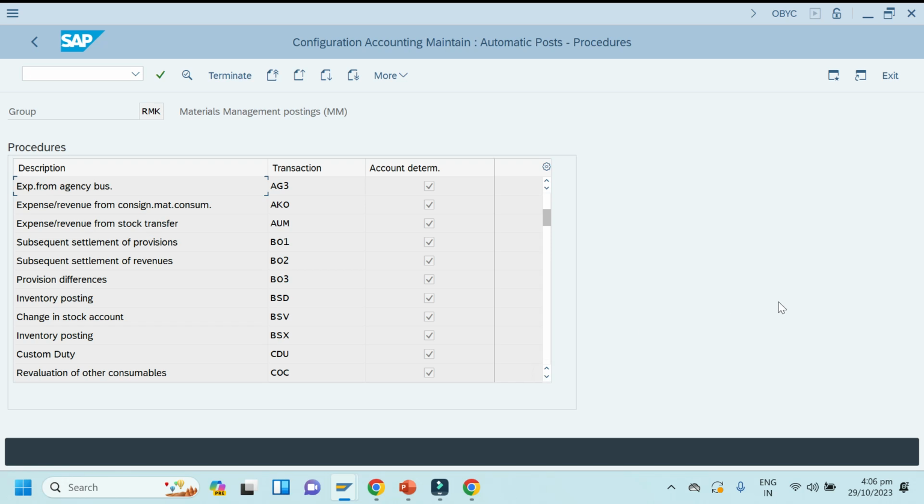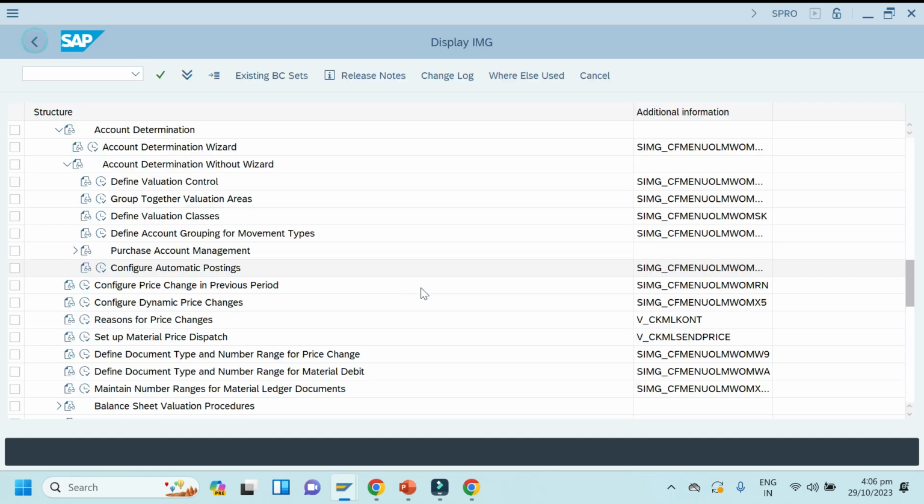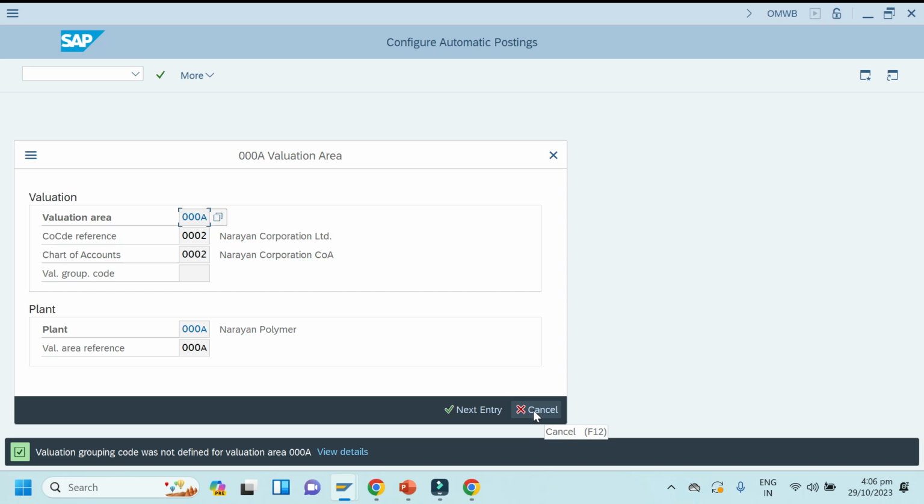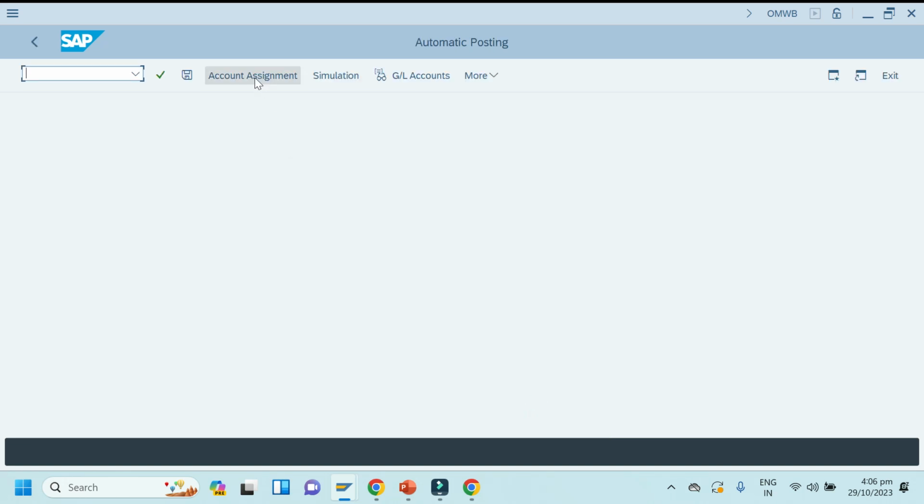Okay, note it down. Click configure automatic posting, T code OBYC. Click cancel. I am telling from here. After clicking here, click cancel. Click on account assignment.